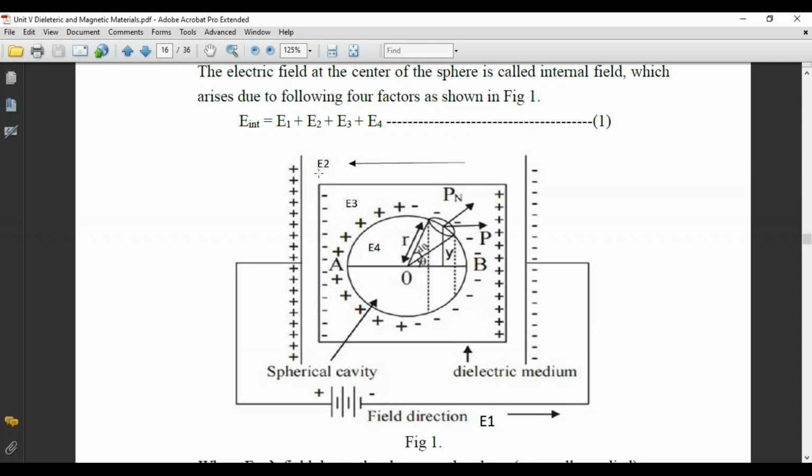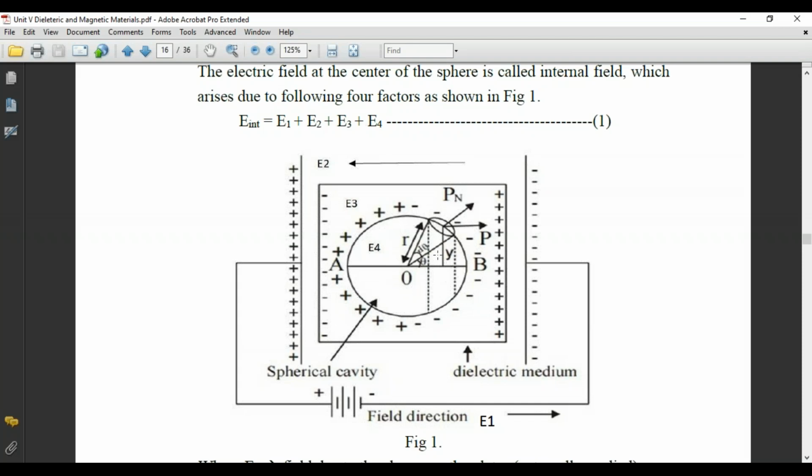One is called E1, E2, E3, and E4. E1 is due to the applied external electric field, and E2 is the field which is going to develop inside the dielectric material, always opposing the applied electric field, and E3 is the induced surface charges on the spherical cavity. So this is the surface charges on the surface of the sphere, and E4 is the field inside the